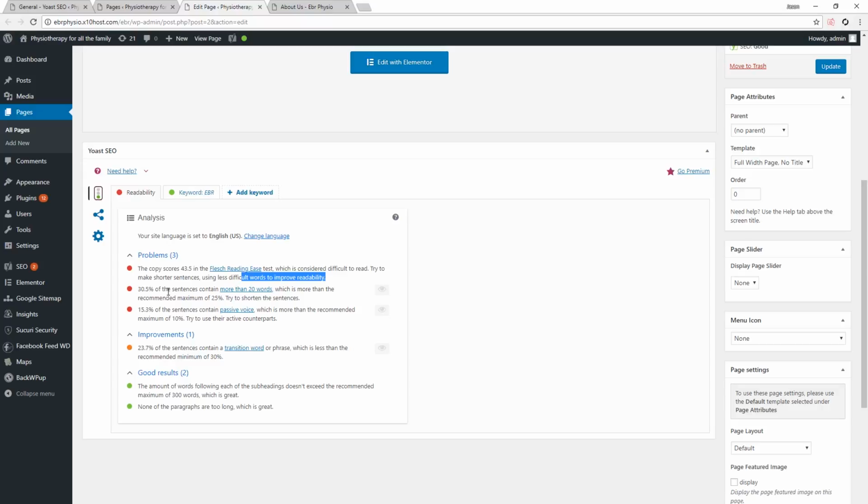And basically, if you go through your page and you think that no, it's fine, people can understand this, just ignore it. These are only recommendations that it's providing you under these tabs. Only recommendations, so you can ignore them. It won't affect anything too much. The next one,